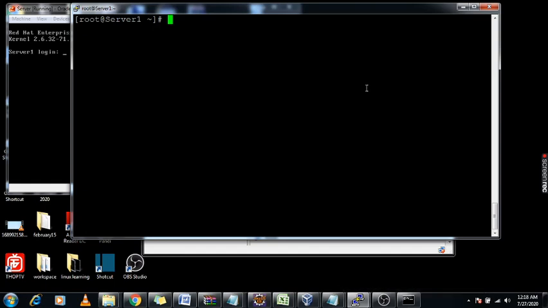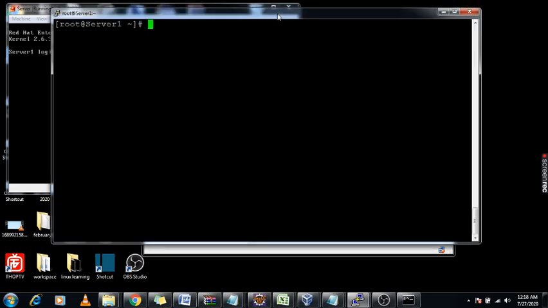Ganesh. Today we are talking about the yum utility. The yum utility we are using to install any software on the Linux server. While installing any software using this utility, it is not asking for any dependencies. There are two types of installer we are using while installing any software.